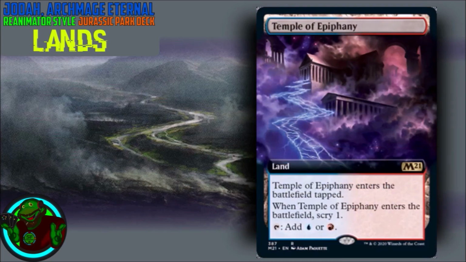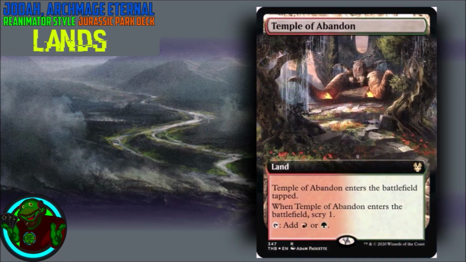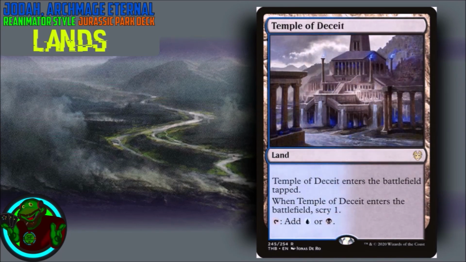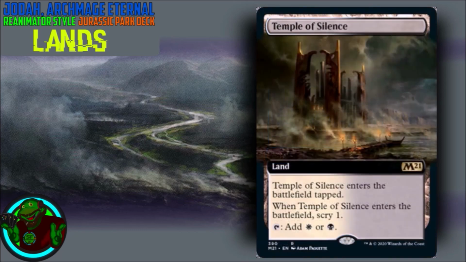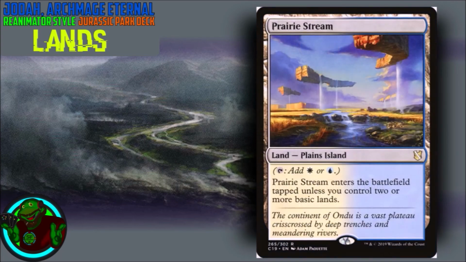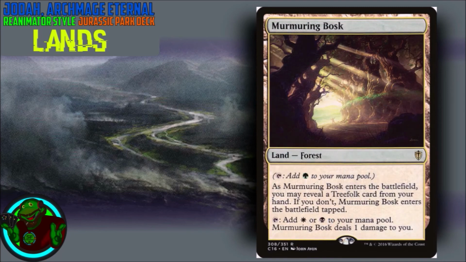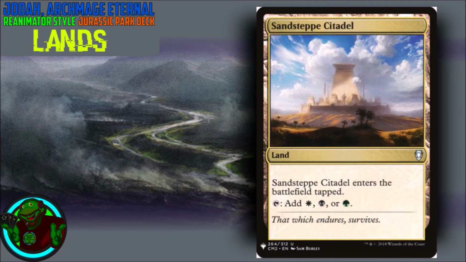Temple of Epiphany, we have Temple of Abandon, Watery Grave, Temple of Deceit, Temple of Silence. We also have Prairie Stream, into Tranquil Cove, Murmuring Bosque, Sandstep Citadel,